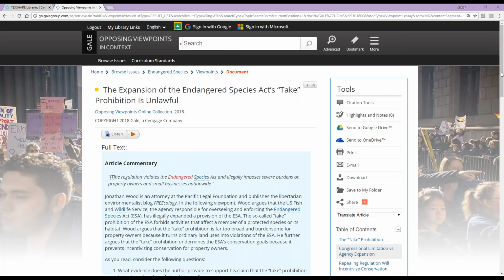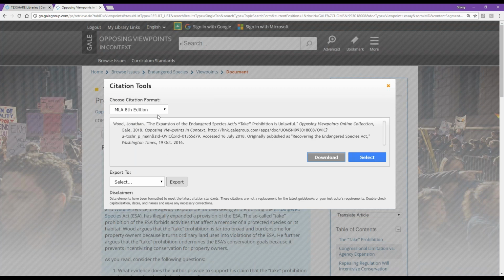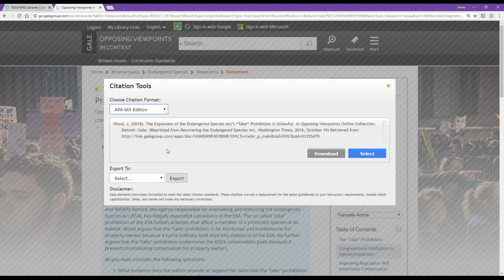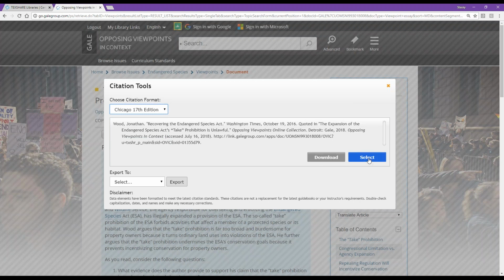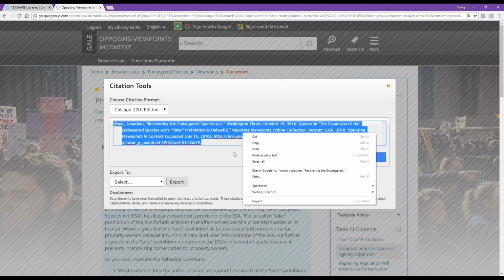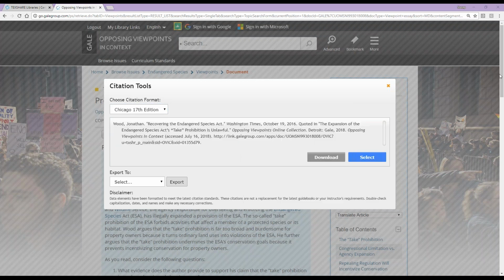likes APA. Well, then I have the citation tools here in our tools menu, the very first button, because again, it is the most popular one. So the citation tools will let me change this. Say I need APA, I can switch right over to APA. Say I need Chicago, I can select and copy it right into my bibliography. Or